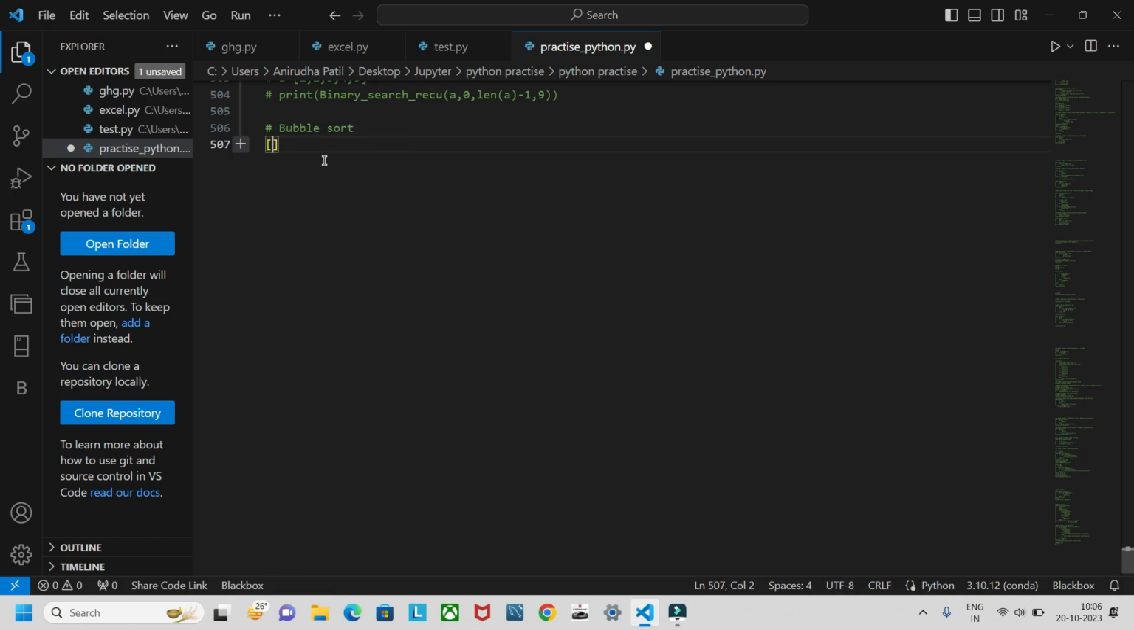Suppose this is an array which is not in sorted order. What it does is it compares adjacent elements of the array, like 1 and 2. 1 is smaller, so it keeps it as it is, and 2 and 3, so nothing gets swapped. 3 and 2, now 3 and 2 get swapped. Like that, adjacent elements get compared one by one, and in the end we finally get the